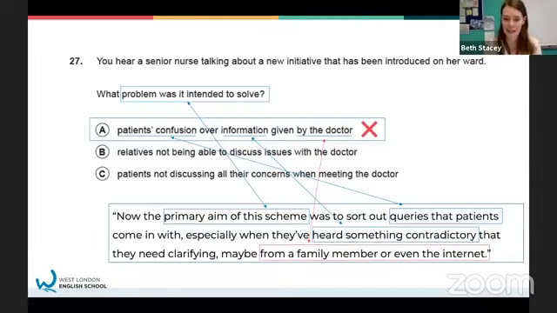So far, everything looks like it could be option A. But the end of the transcript says, especially when they've heard something contradictory that needs clarifying, maybe from a family member or even the internet. So we know that answer A cannot be correct because